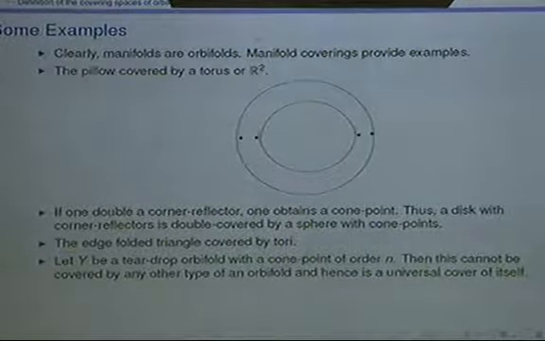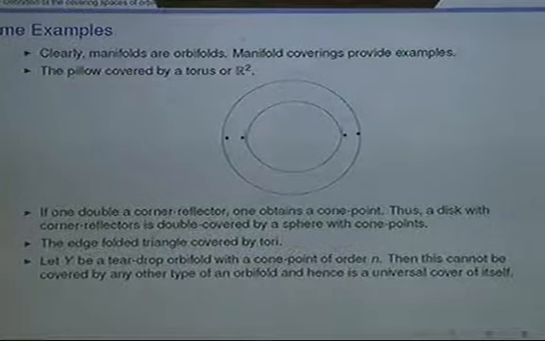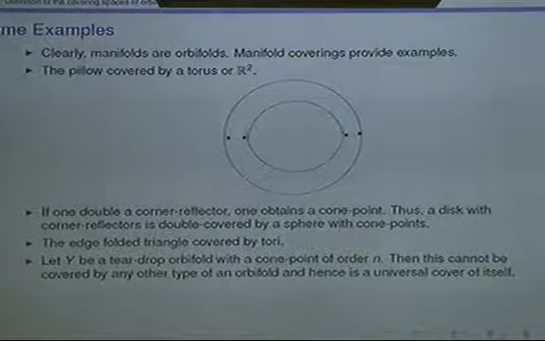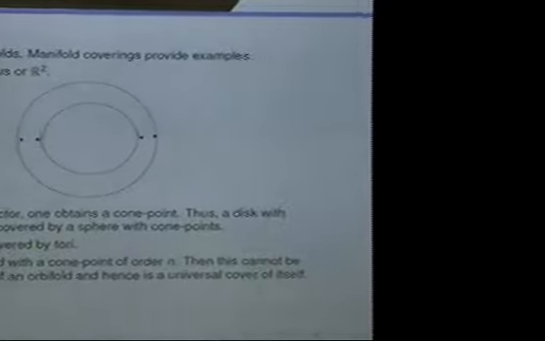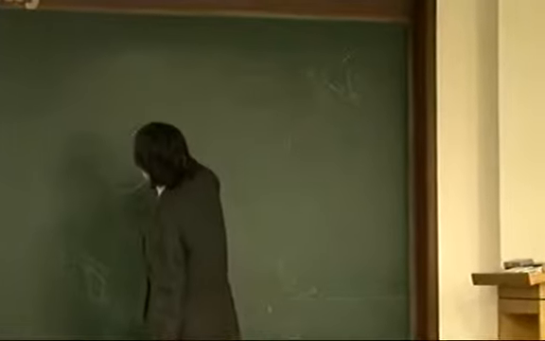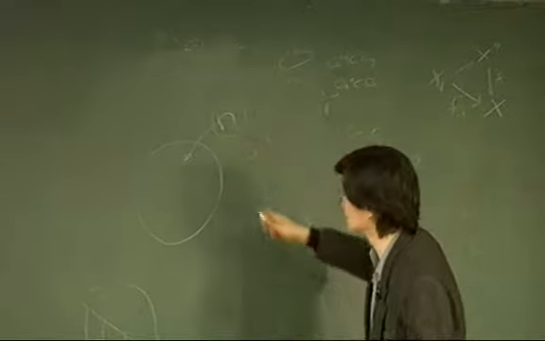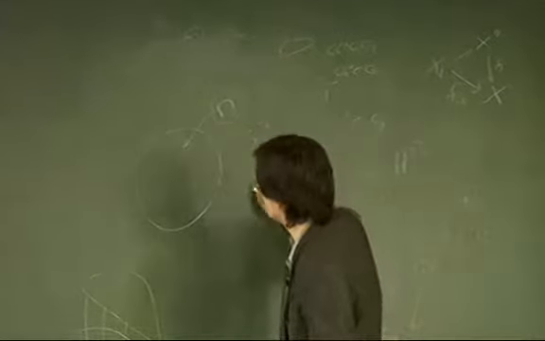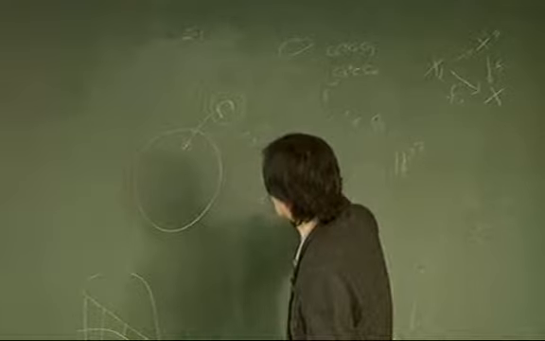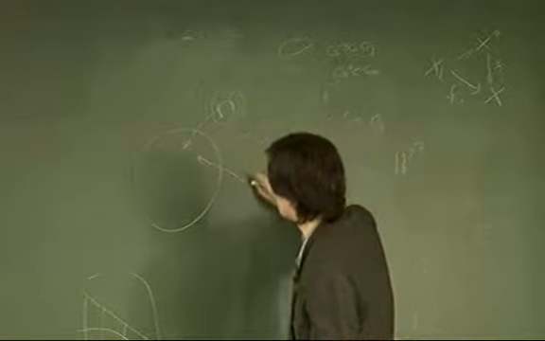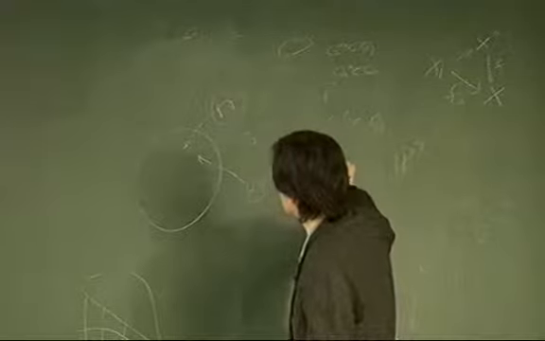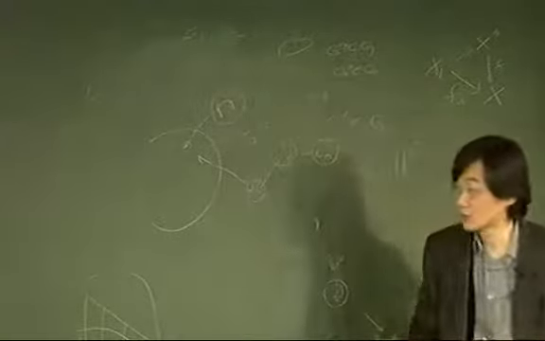So suppose now we define an orbifold that cannot be covered. How do you do that? Take a sphere with only one singularity, and give it an order n cone point. You cut out the disk, take the quotient orbifold, and reattach these things. So there's a Cn acting on it, right? But that one cannot be covered by anything other than itself, because